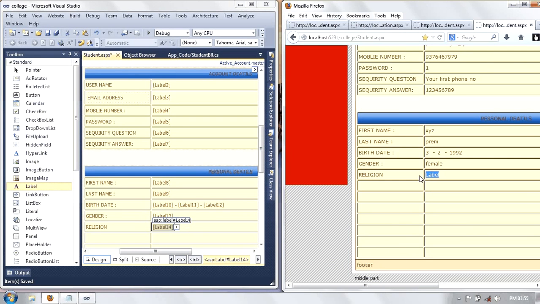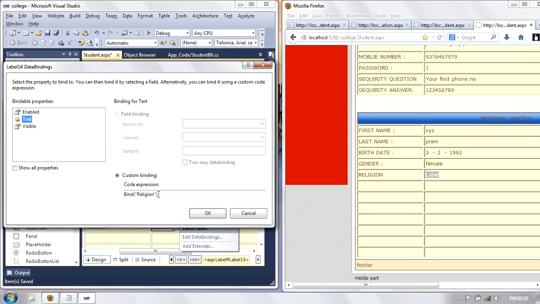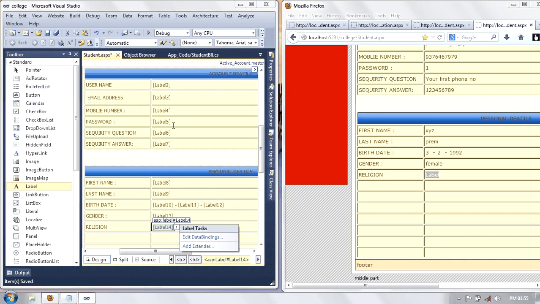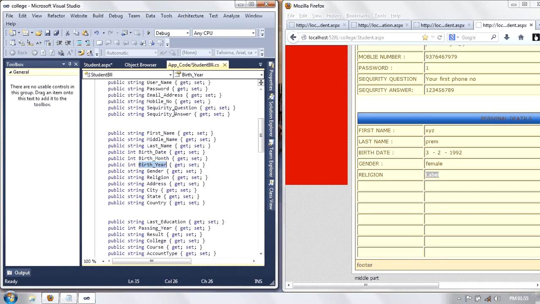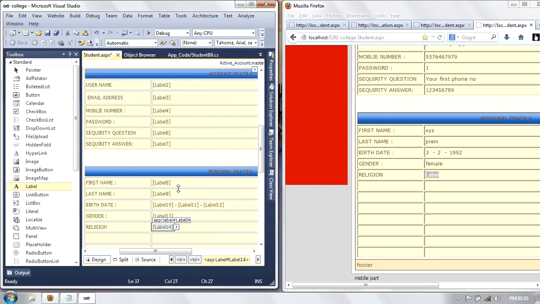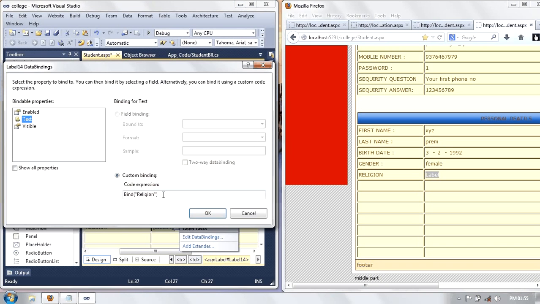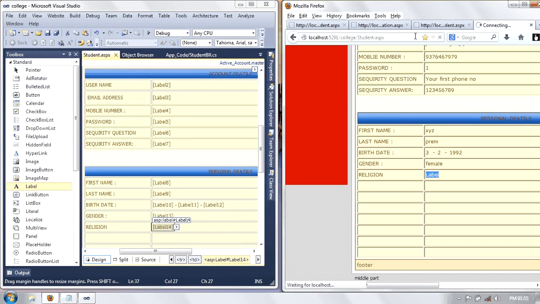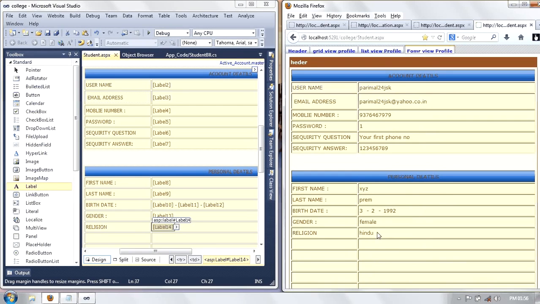Okay. See, if I write here religion, but I am not sure that the spelling is correct or not, so every time just copy paste from your property file, that is in the VLL file. Okay,